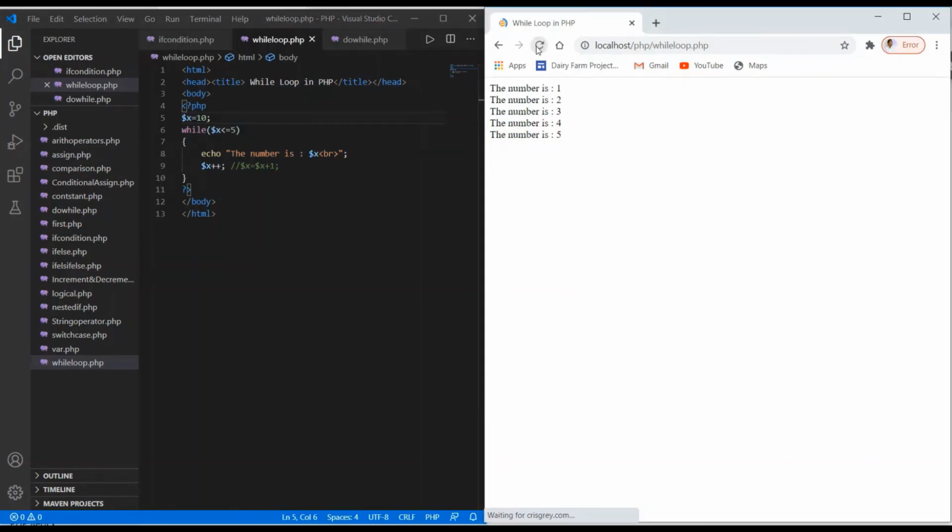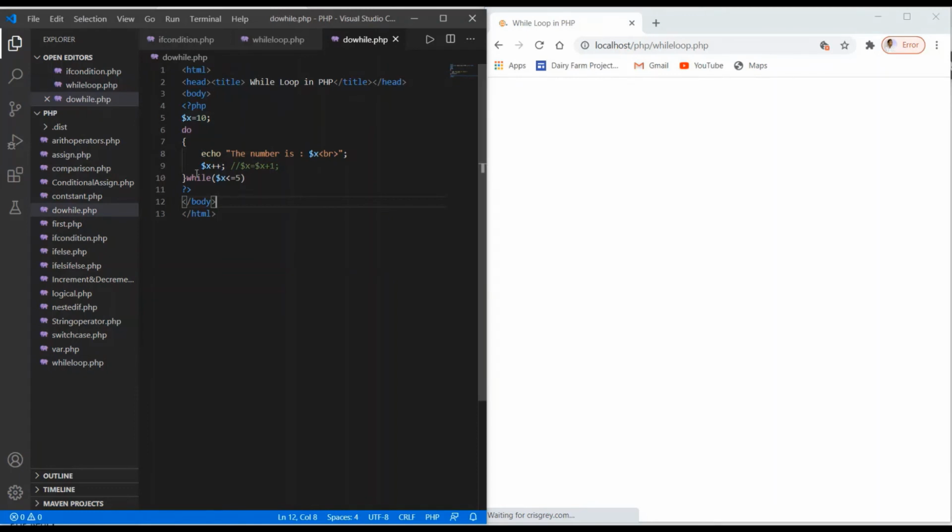Nothing is displaying, because this time the value of x is equal to 10, and it first checks the condition. The condition is false, and nothing is going to happen in this case. Whereas in the do while loop, it executes the body of the loop once, and then checks the condition. That's why we got the output here in case of do while.